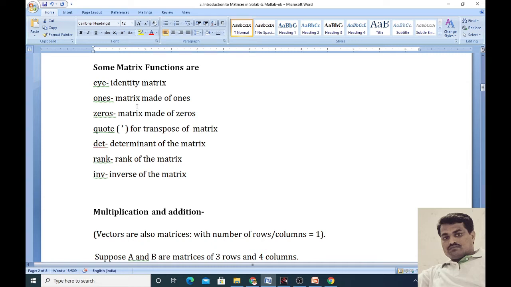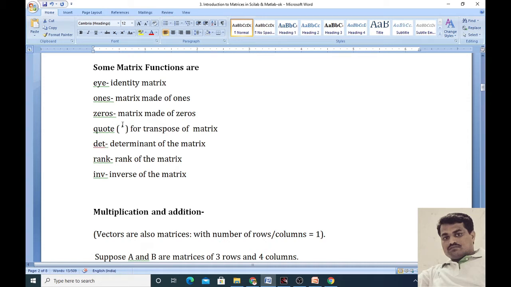If we want a matrix which contains only the element one, we can use ones. As per this command, we can create a matrix made up of ones. Zeros, ZEROS: this command is used for the preparation of a matrix which contains zero-valued elements.